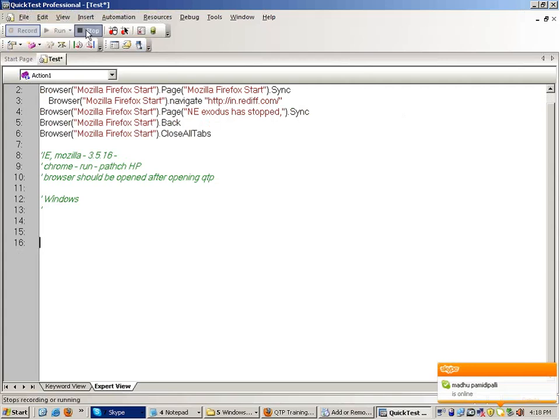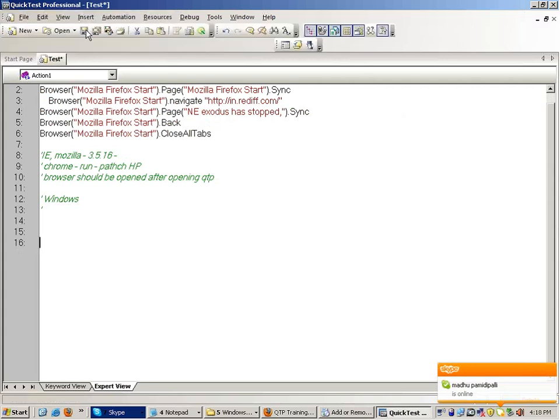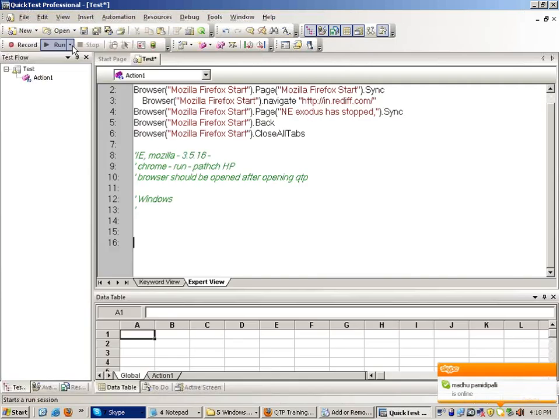If I stop the script and click on the run button, all the steps should be executed. As far as record and run is concerned, we will study it, but we will not concentrate on it that much because practically record and run is not possible.